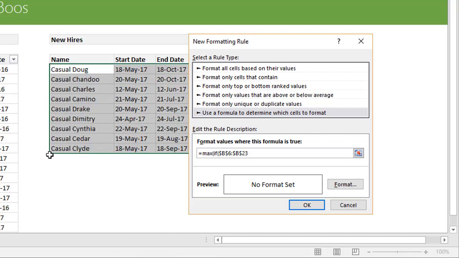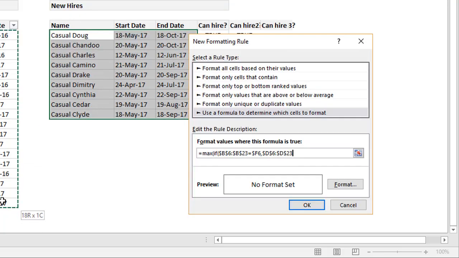conditional formatting by default is array based calculations in formulas, so you don't need to do any control shift enter here. Whatever formula you write, it is by default supposed to work as an array formula. And here this reference is always in column F, so I'll just say $F6. It has to be relative on the row number, because then the conditional formatting can apply for relevant name in each row. If that is the case, then we take the end dates,